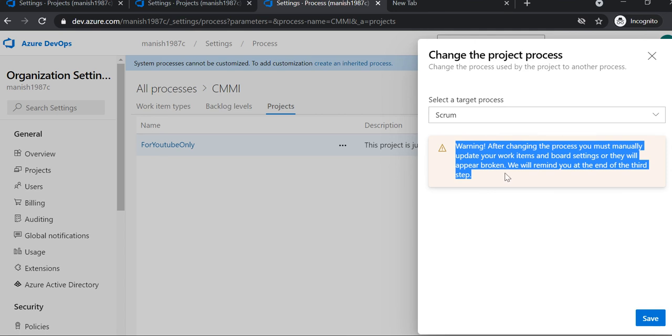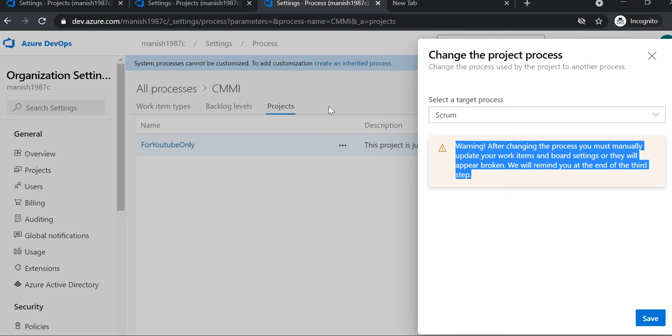What do we mean by work item types? Like the tasks, the PBIs, basically the conventions which we follow, right? It will change, and you will see everything changed on your workboard. You need to change it manually, and there are chances you will lose some information or some tasks. So to avoid these kinds of issues, generally the team selects the process in the beginning, before starting the project, so that you will not face these issues.